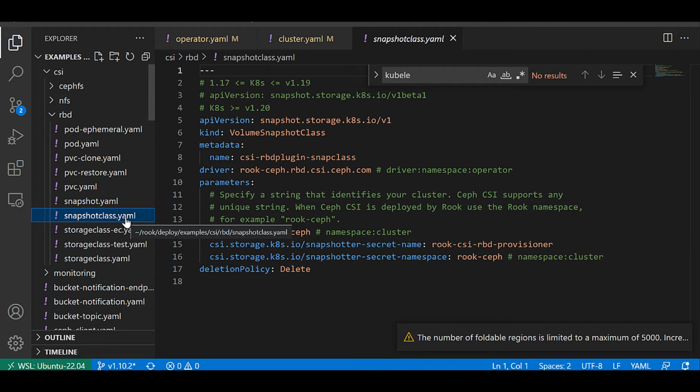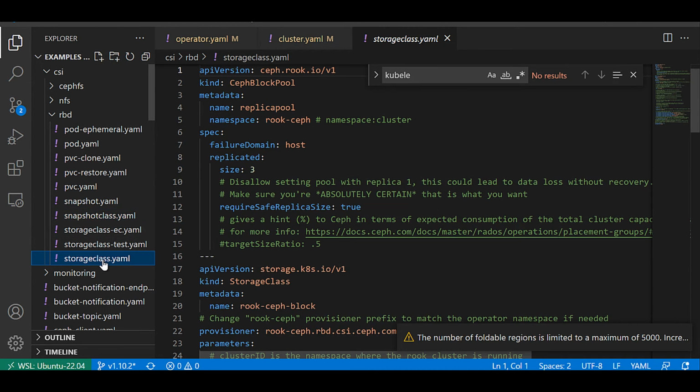So for CephFS we need to install the storage classes. Okay, this is not a storage class, actually we are talking about storage classes here. This is a storage class. There are two YAMLs merged together. First is to create the Ceph block pool. Here we first created one Ceph block pool, the name is replica pool, and the replication is 3. So whatever data we create is replicated 3 times.